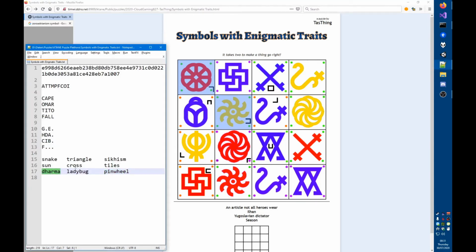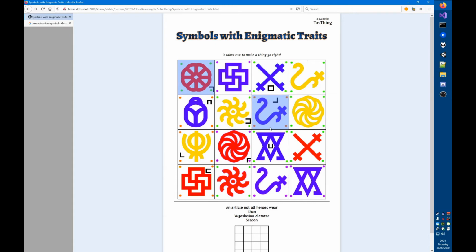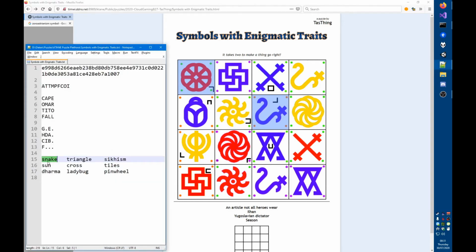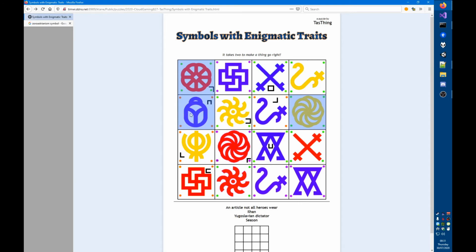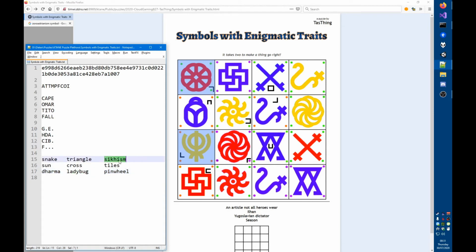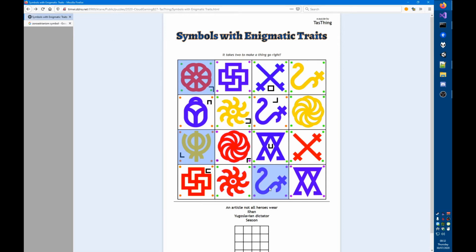The Wheel of Dharma and the sun require a snake, and we need a blue snake with green dots. That is also not it. Now we have Dharma and snake, so we need the sun, and we need a yellow sun with purple dots, which doesn't exist. Then we have Dharma and pinwheel, so we need the ladybug. Does that work? No, because we have 2 greens and... Alright, Sikhism is this one here, and the Wheel of Dharma, so the cross. We need a blue cross, bingo. So this is our first set.